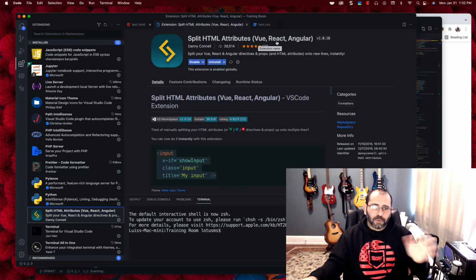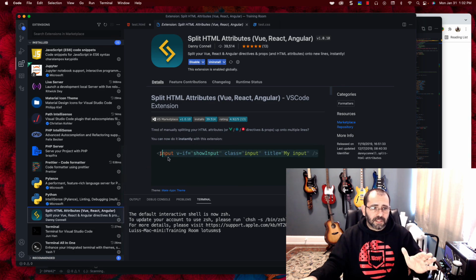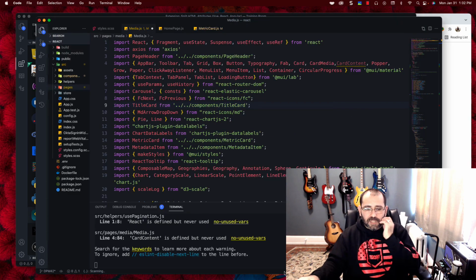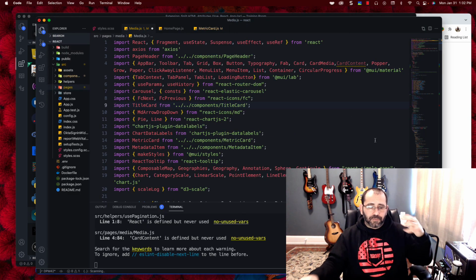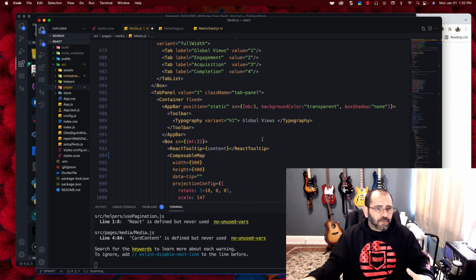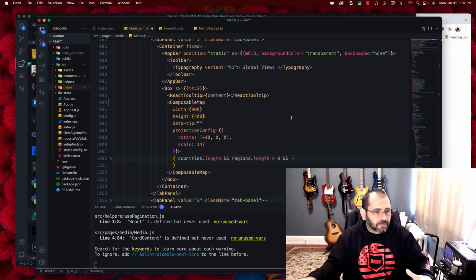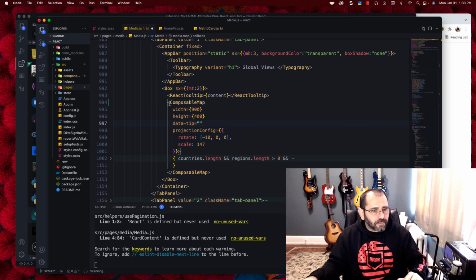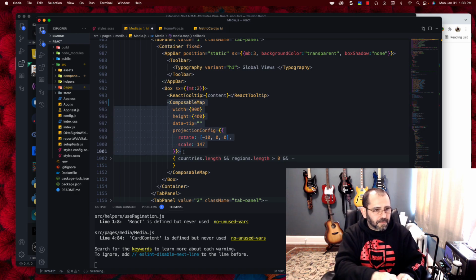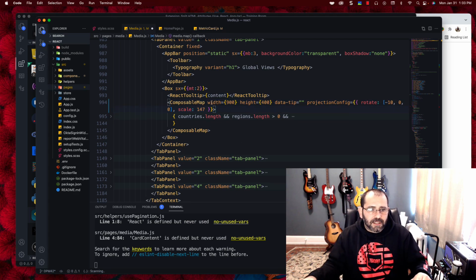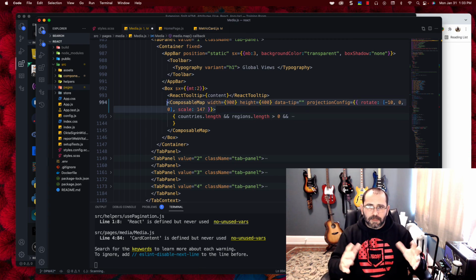All right, then we have Split HTML Attributes. This works only for Vue, React, and Angular, and it's great because it allows you to do this stacked view right there. That is sometimes very helpful, especially if you have huge lines of code. So for example, down here, this normally comes like this. And I find this a little harder to read, okay? So in order to make it stackable and easy to read, I